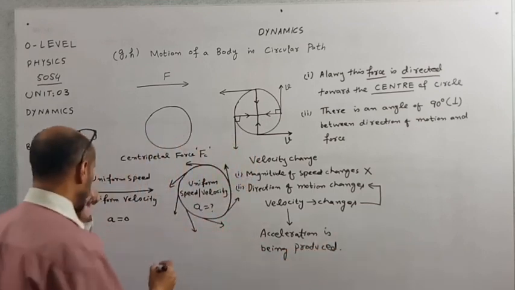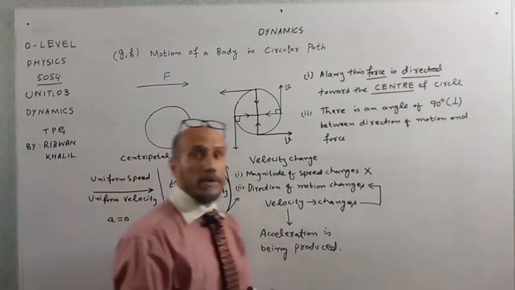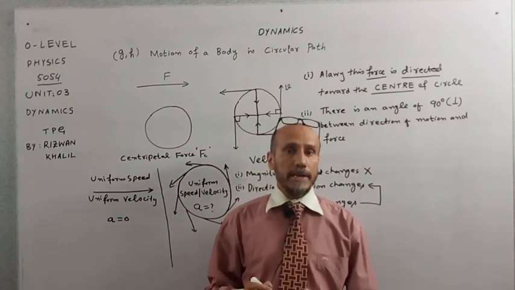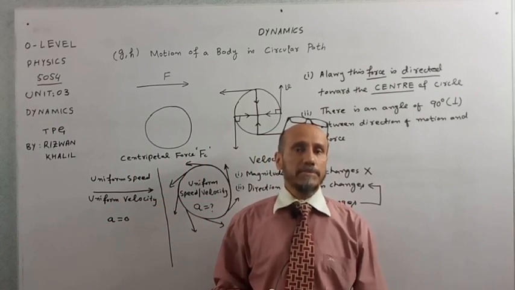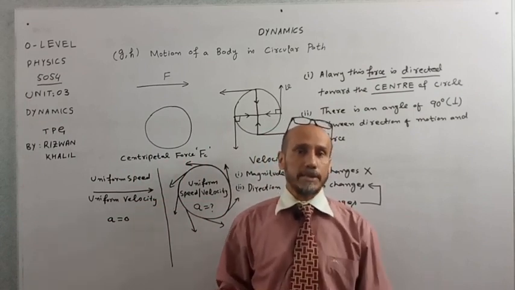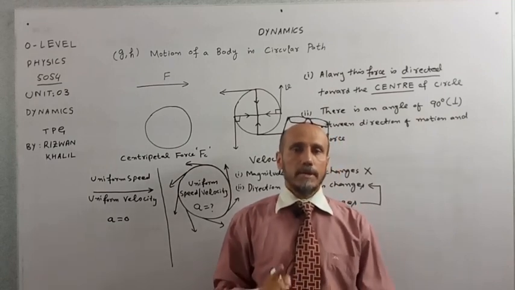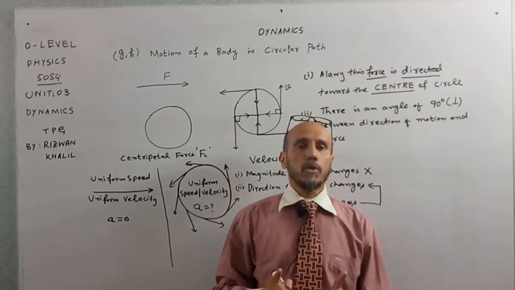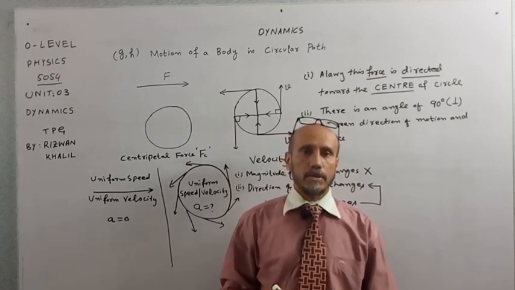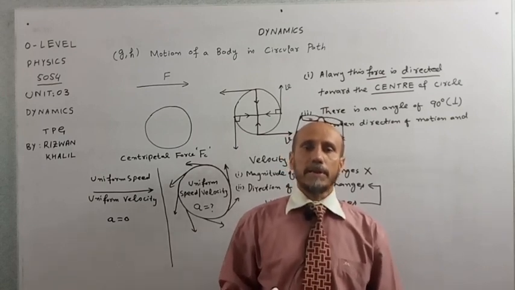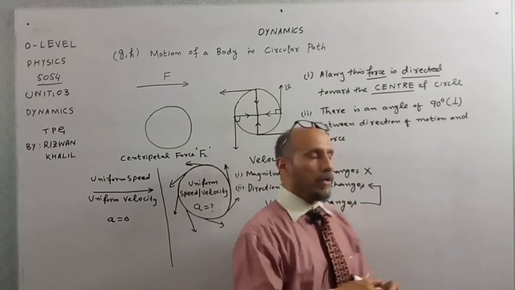So now is the difference between these two statements clear? If a body is moving on a straight road with uniform speed, there will be no acceleration. But if the body is moving with the same speed in a circular path, there will be acceleration. And what is the reason? Because at every instant in circular motion, the direction of motion changes, due to which velocity changes, and due to which acceleration is produced. Now there are two examples in our daily life in which we will discuss what kind of forces are acting on the body.